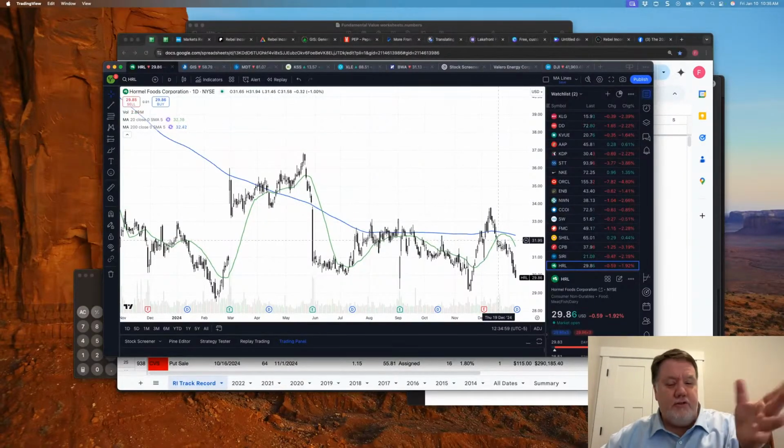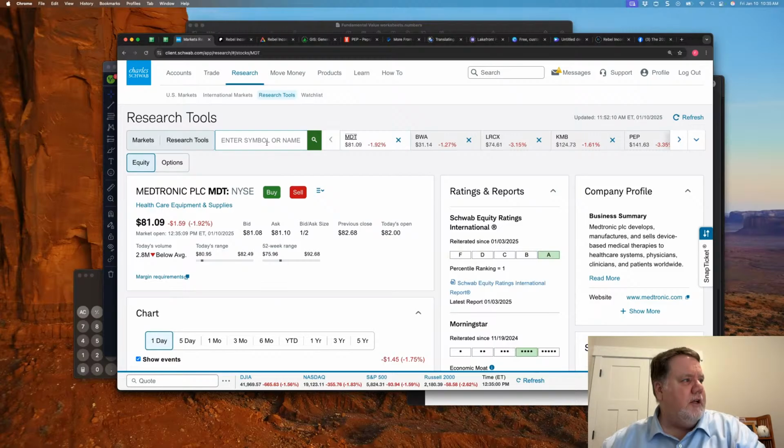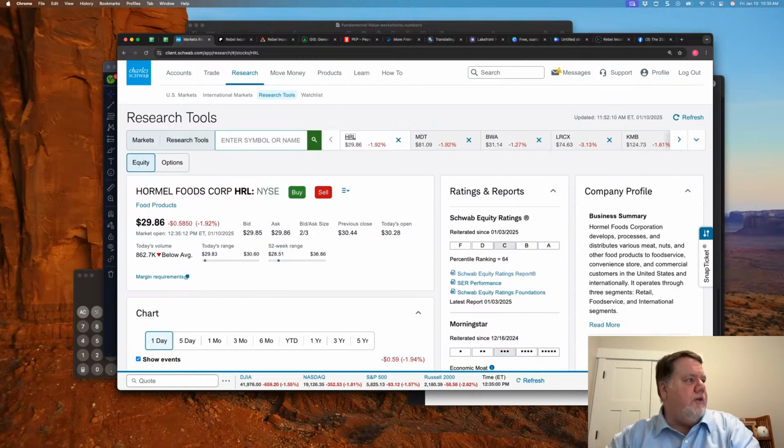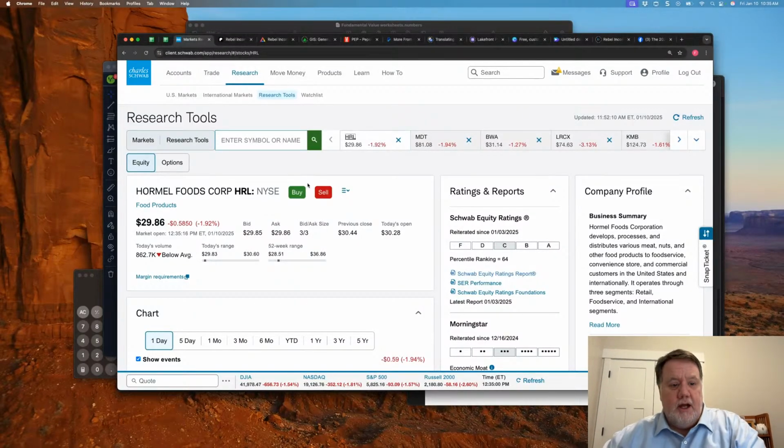Last week it was a little bit below, but it was still around 31. So it's been picking up quite a bit of bearish momentum lately. That's a concern. Obviously, it looks like there's going to be a pretty significant difference if momentum stays the way it is right now for Hormel. This could be $2 to $3 below the strike price that I sold, possibly even more.